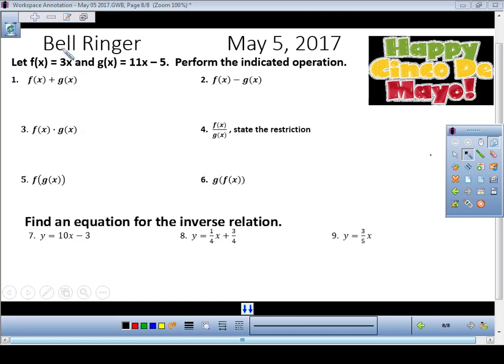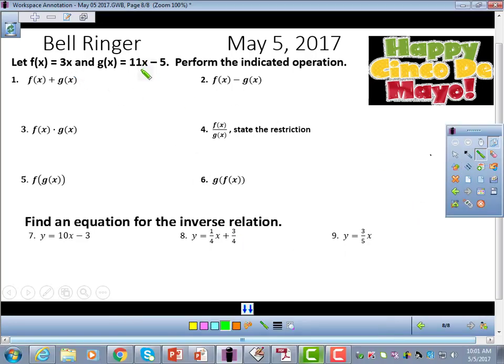Okay, so we have two functions here. We have f of x is 3x. We have g of x is 11x minus 5. So everywhere where you see the f of x, you're going to substitute in the 3x. So right there where the f of x is 3x,